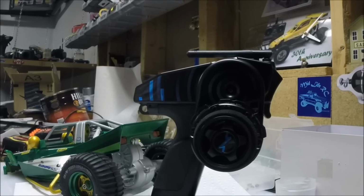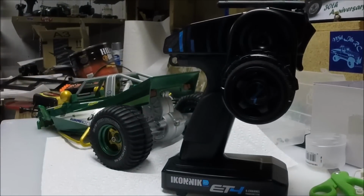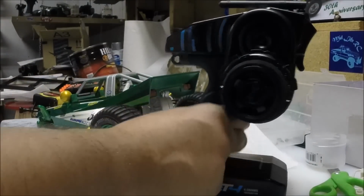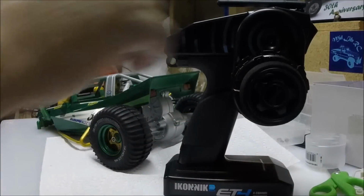I was buying radio after radio after radio for every single car, and I got upwards of 30 to 40-something vehicles now, and you need as much space to store the controllers as you do the cars. And most of the time, if I'm running one of these Tamiya cars, I'm going to be running the car by myself, taking a cruise. So I'm going to put them all in this radio. I'll have all my Tamiyas in one, and then I can just boom, boom, boom, whatever model, take it out,